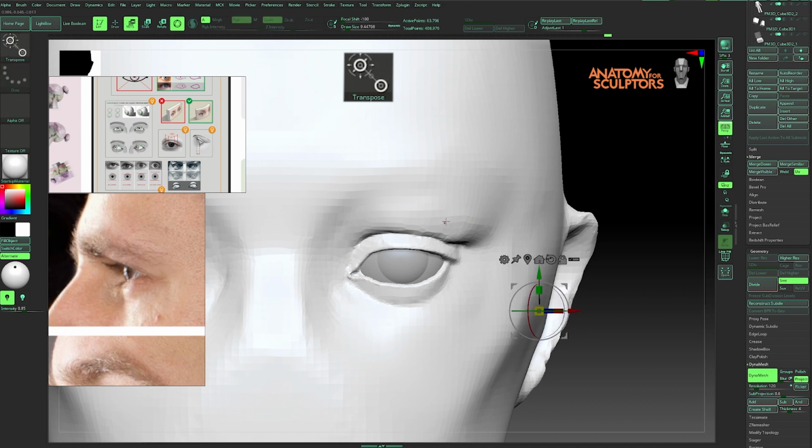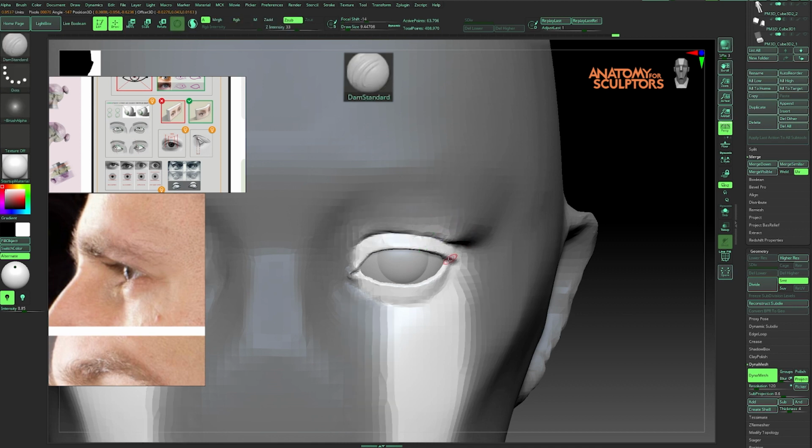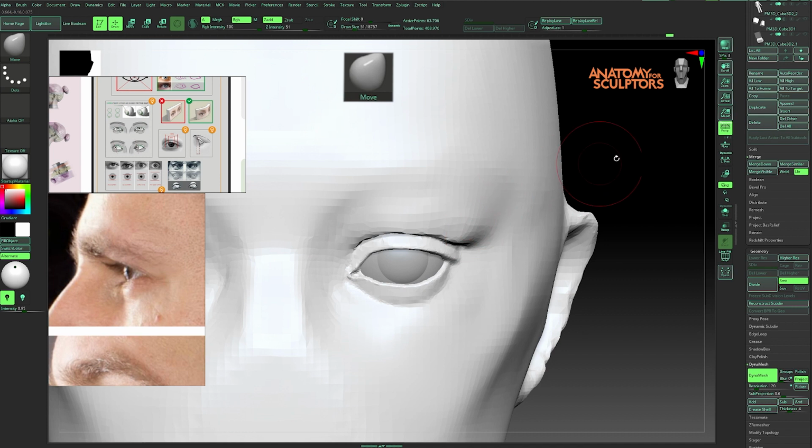Here, for masking the top part, I use the transpose masking technique. To do this, select the transpose tool by pressing W on your keyboard, then hold Ctrl and drag the mouse to the area you want to be masked. As you can see, it will mask my model depending on the regions or the geometry of my model, and this is so useful when you are trying to mask things that are close together but are geometrically different, like the example here, or like masking the top and the bottom lips, especially in the closed mouth.